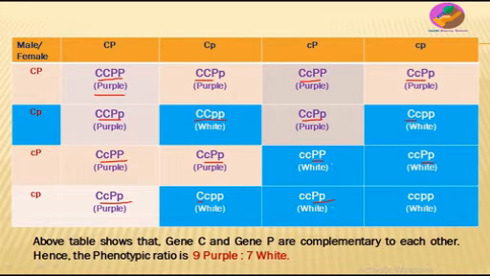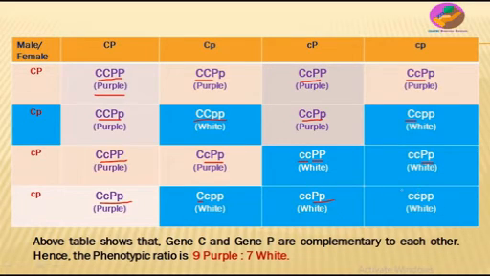Why? Because there is only one dominant allele, or only one gene represents the dominant allele. No other gene has the dominant allele, it contains the recessive allele. So as per our rule of complementary genes, if both genes produce dominant alleles, then and only then will the dominant character be expressed. Here only one gene represents a dominant allele, so in all these cases the phenotype will be recessive.